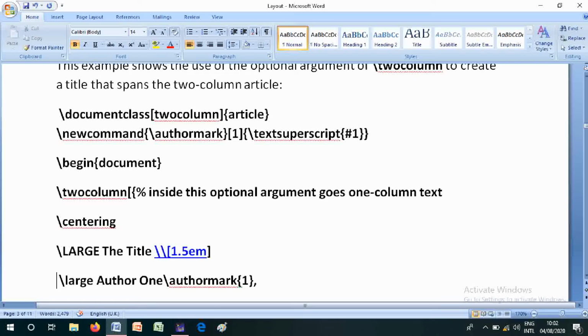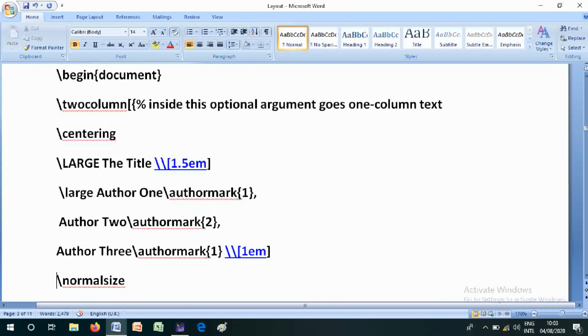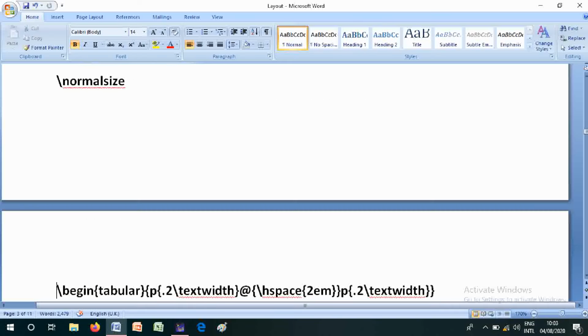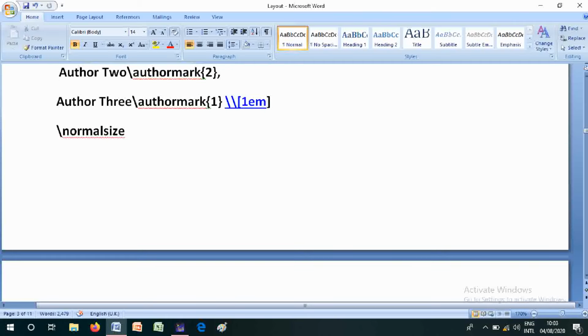\documentclass{article} \newcommand{\othermark}[1]{\textsuperscript{#1}} \begin{document} \twocolumn[ % inside this optional argument goes one-column text \centering \large The Title \\[1.5em] \large Other 1\othermark{1}, Other 2\othermark{2}, Other 3\othermark{1} \\[1em] \normalsize